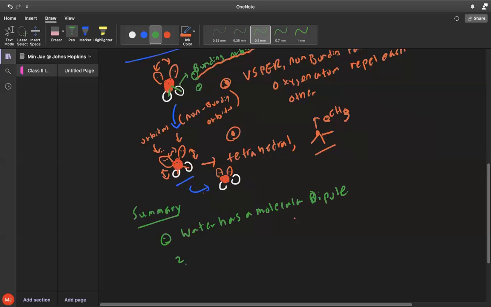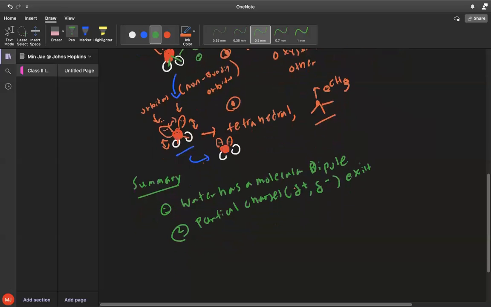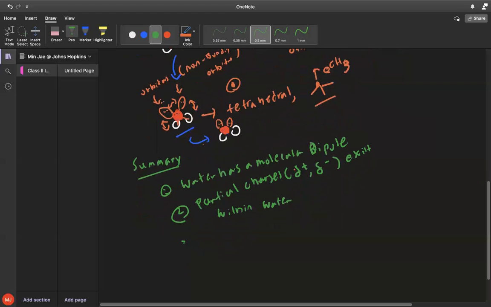One second is that because there is a difference in electronegativity, we see partial charges, delta positive in the hydrogen and delta negative in the oxygen atom of the water molecule. In water. And the last point is that these non-bonding orbitals